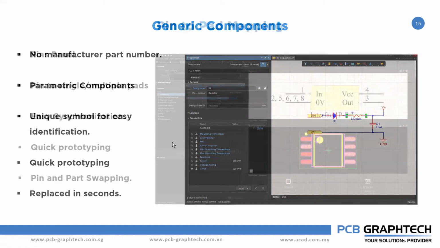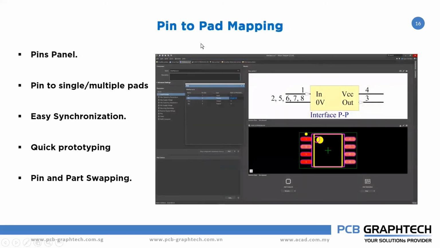Then you can also do the pin to pad mapping. This pin to pad mapping is a very, very important feature we have on the Altium schematic side. Here we have the mapping for a single pin to multiple pads. For example, this pin is connected to multiple pads: 2, 5, 6, 7, 8. This mapping is done inside your library under your Pin panel.